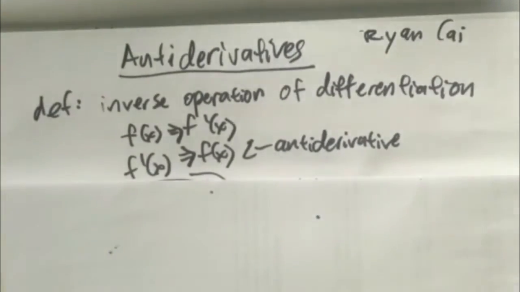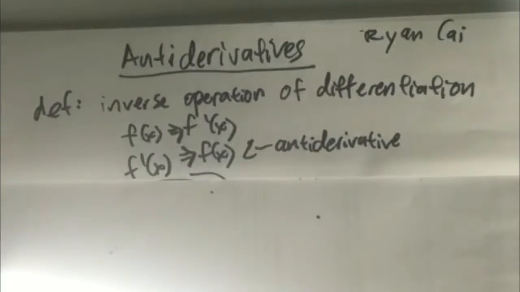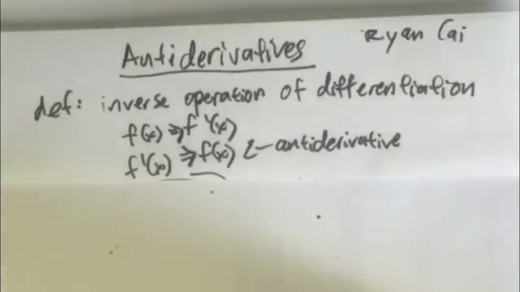An antiderivative is an inverse operation of differentiation. So recently, we have been given f of x and asked to find f prime of x. However, now we are given f prime of x and trying to solve for f of x, and that is an antiderivative. So the general formula for an antiderivative is